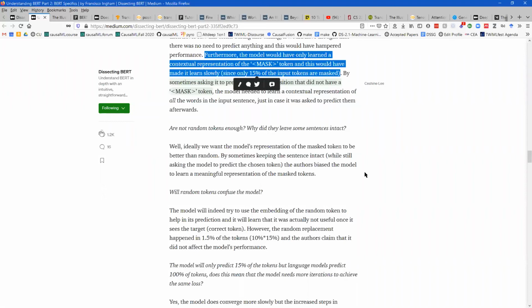First of all, it's the masked 15% or whatever the percent is, and then of that, 80%, and then the subsequent 10 and 10. Yeah, so the last 10% of that 80-10-10 split is a random word, and the only thing I can figure is it helps it contrast between a random word and